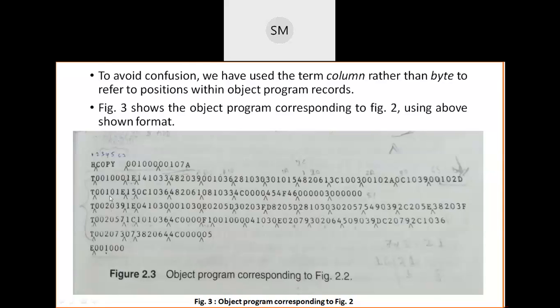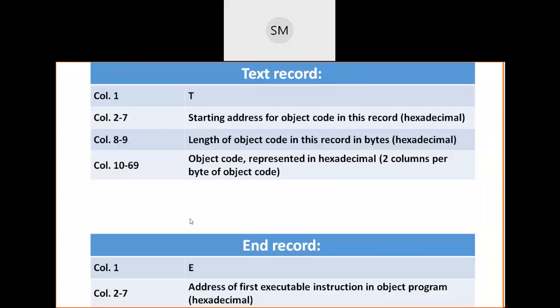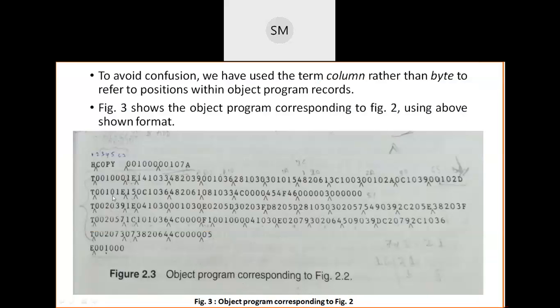that next object codes you should write in the next row onwards. That next row starts from the next line, that is T. Again, column number 2 to 7 is the starting address of that record. It means that once you started to list the object codes, you started from the address 1000. Where you stopped, I tell you, its object code was 00102D.